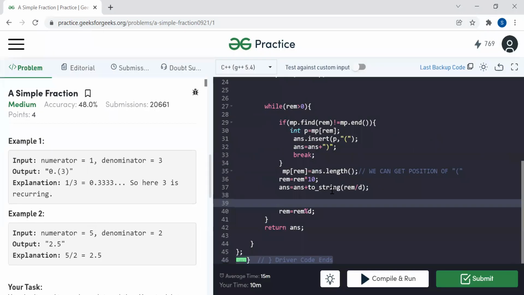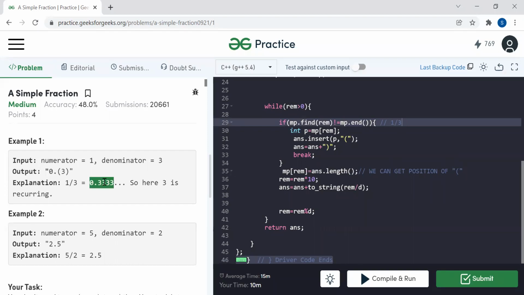So in this case, suppose for 1 by 3, right? Remainder is greater than 0. Suppose 3, 3, like this repeated 3. Here we will store the MP of 3 and answer dot length, right?